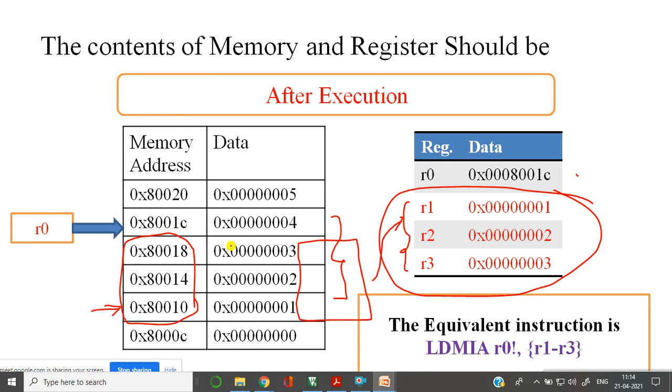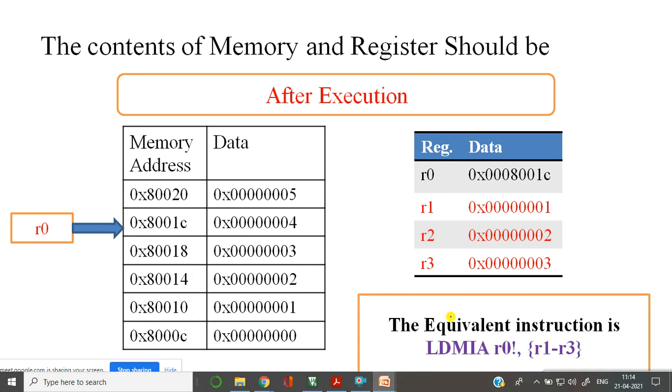Yes, this is done through an equivalent instruction called LDM. M stands for multiple registers. So that is R1, R2, R3, and I write it in curly braces, R1 to R3.